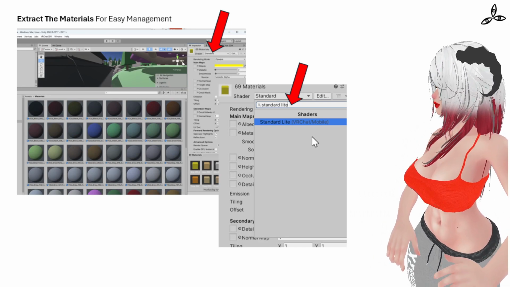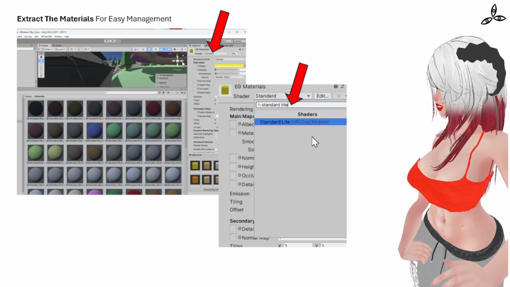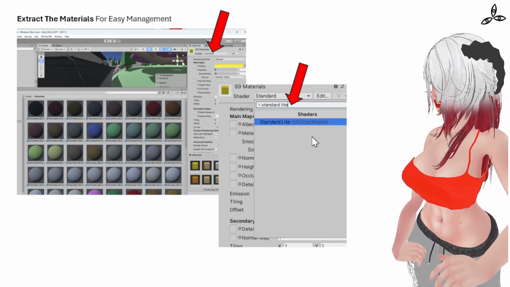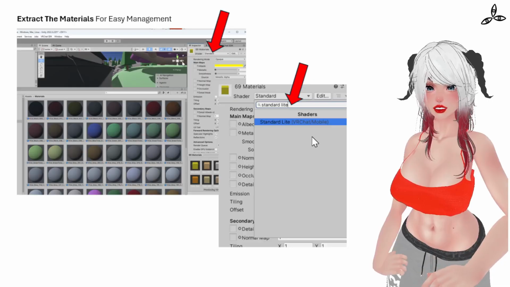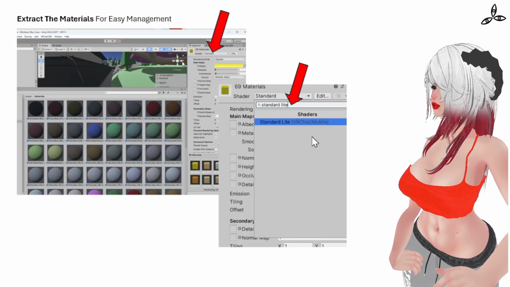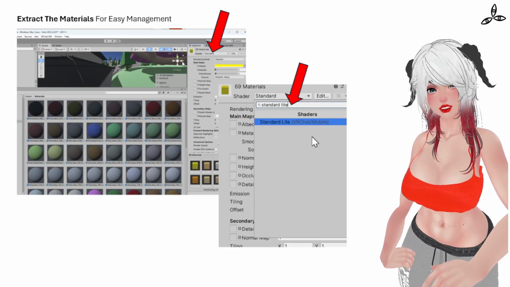So, if you select all the materials in that materials folder that we just extracted, and you can do that by clicking in there and pressing Ctrl and A, or just shift selecting, or however you want to do it, loads of ways. And once you've selected them all, just work your way up to the inspector at the top, and you'll notice